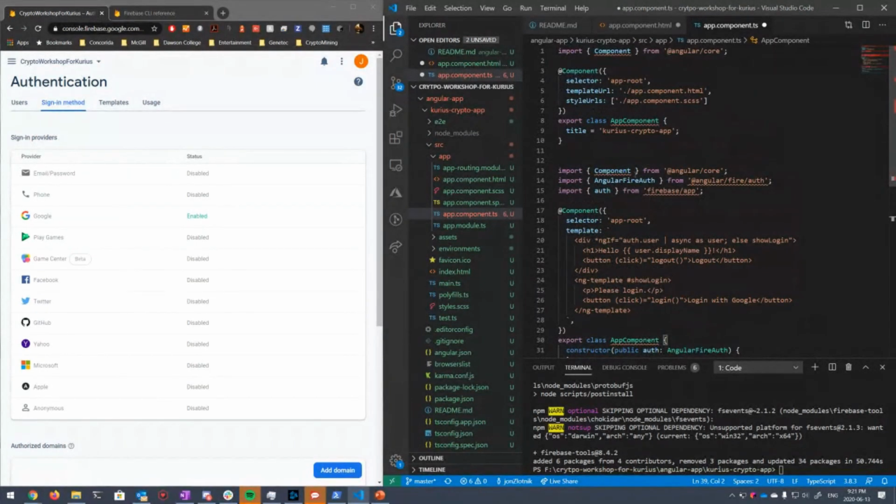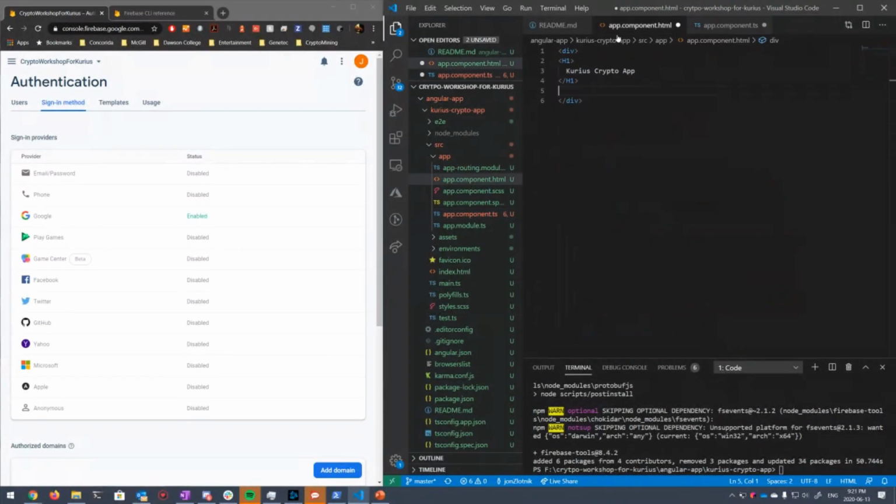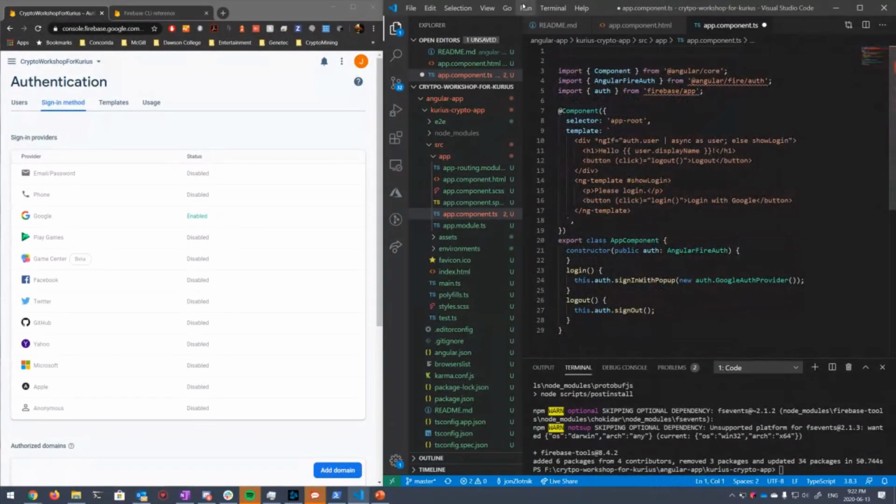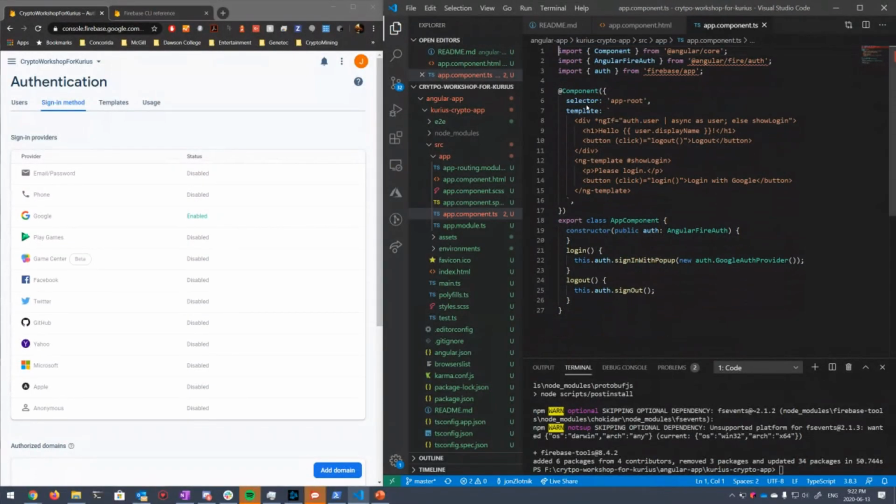Good. We have the app root. Template is already there, so I actually don't need my template. I'll just leave it there for now. And then AngularFire Auth is there. Firebase auth is fine. Import component. Cool. Like that. Okay. And we'll just npm install Firebase